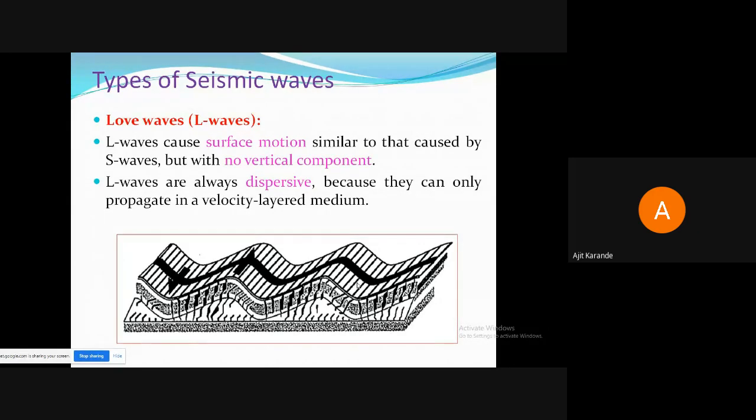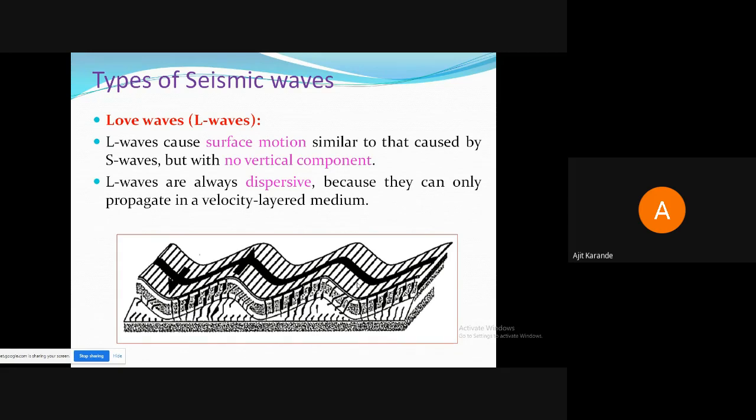The snake just moves in the forward direction. So in that particular fashion, the movement of the earth takes place in the Love waves, in a zigzag fashion. The occurrence of the Love waves is in a zigzag way, or you can say that a snake is one example of these Love waves. So the movement of the snake in the forward direction, in that fashion, is how these Love waves travel in the